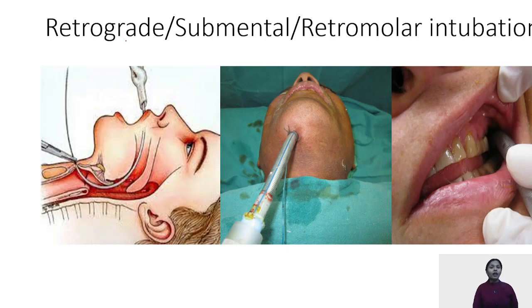Then you can have retrograde intubation. This is the picture showing retrograde intubation, which is generally done if you have restricted mouth opening, or normal intubation is not possible, or we have a Cormack-Lehane grading of 4 and normal intubation is not possible even by a senior anesthetist. In that case, you can have retrograde intubation, where the intubation is done by giving a nick at the cricothyroid membrane. We introduce a catheter, and along the catheter we introduce the bougie, and then over the bougie we railroad our endotracheal tube.